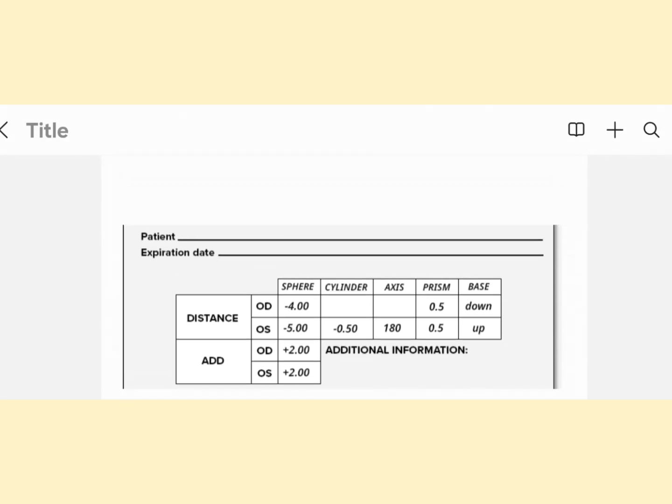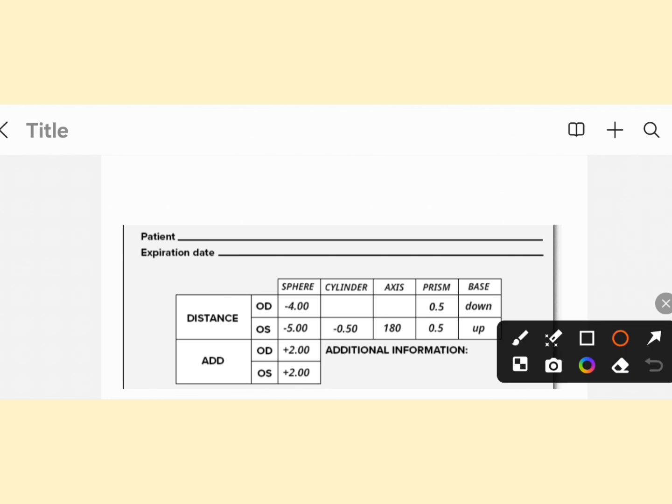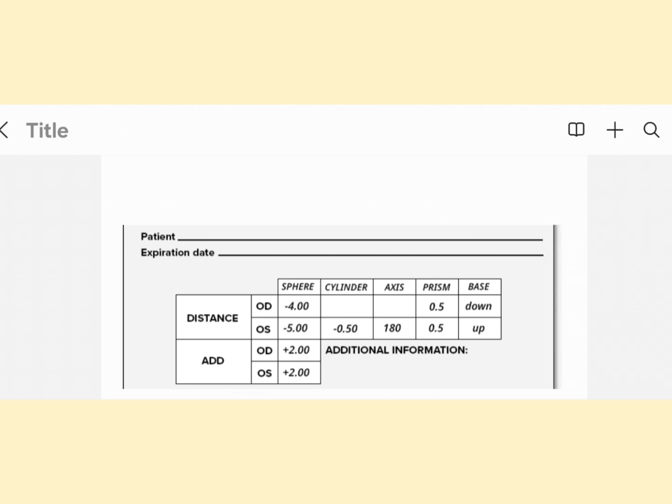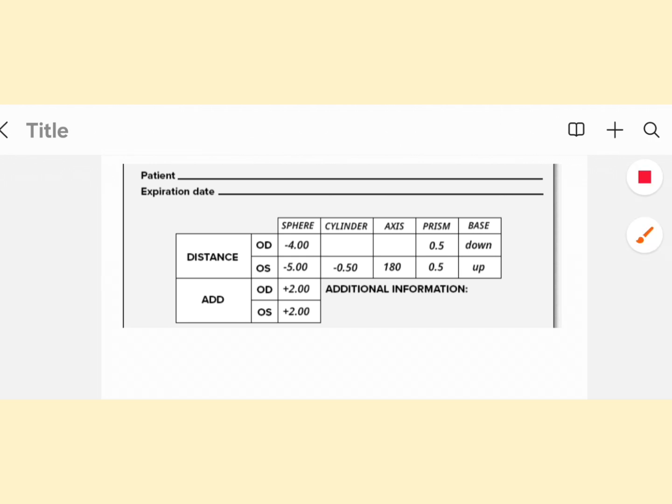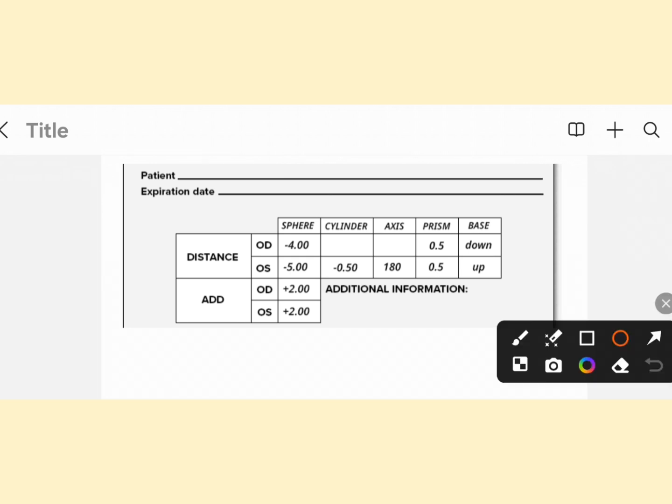So today in this video I will discuss with you all about a very common topic that should be understood properly. I'm talking about how to read a spectacle prescription. Suppose you went for an eye examination and your eye specialist wrote you the spectacle prescription, but you don't know how to read it. Multiple numbers are written there but you don't know what they actually mean.